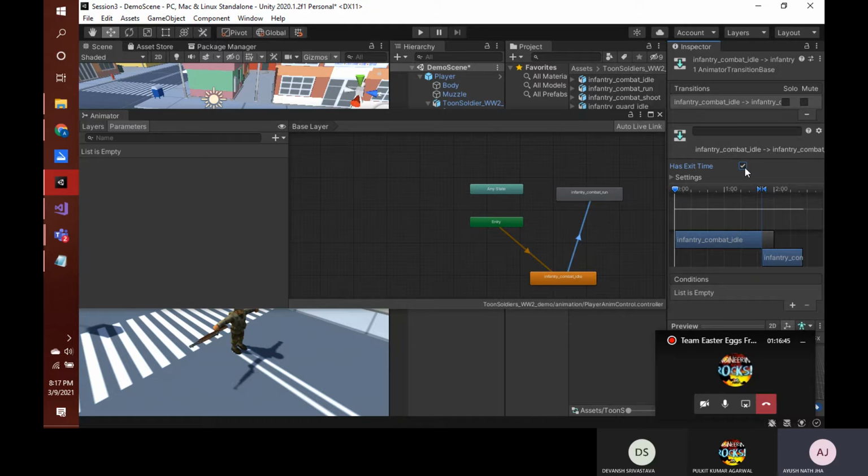Why? Because it will wait for the current animation to end, then it will shift to the next animation. So we don't want that. We untick this has exit time and pull this slider, which was earlier here, to this position so that it doesn't bother us anymore. Okay. And for this transition